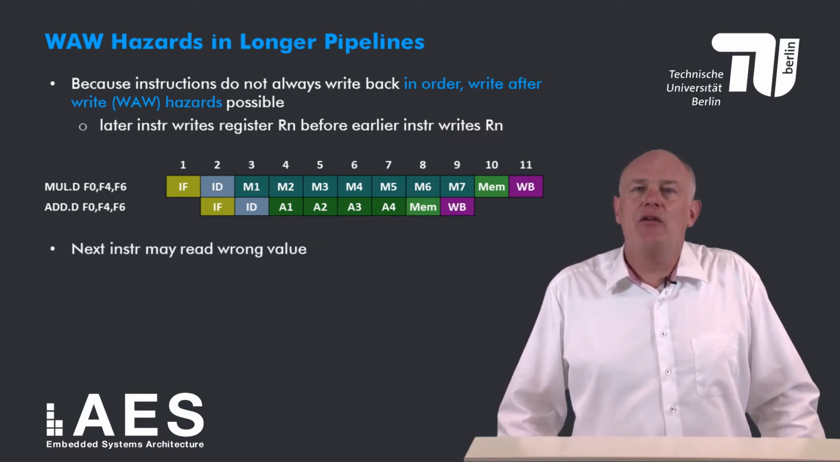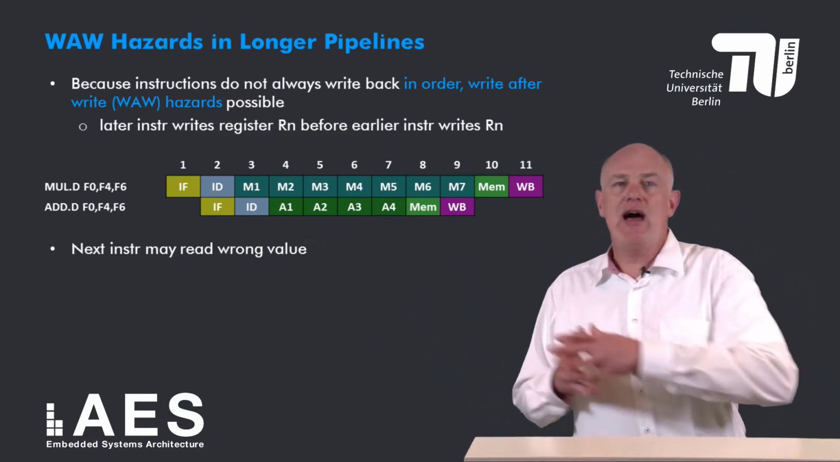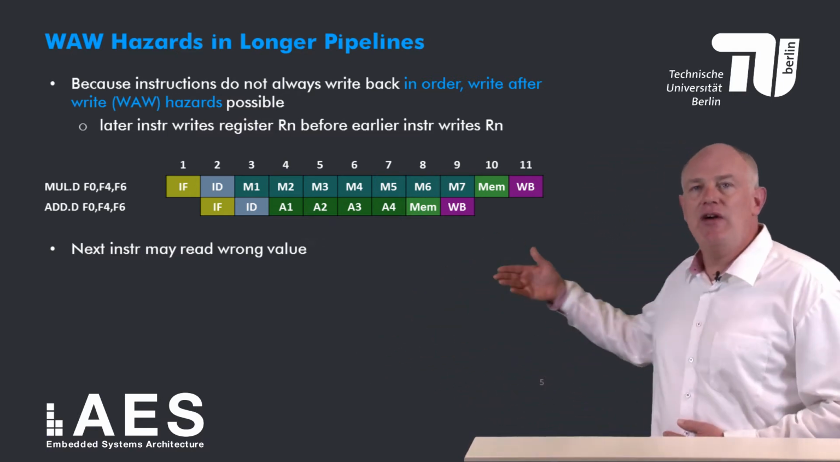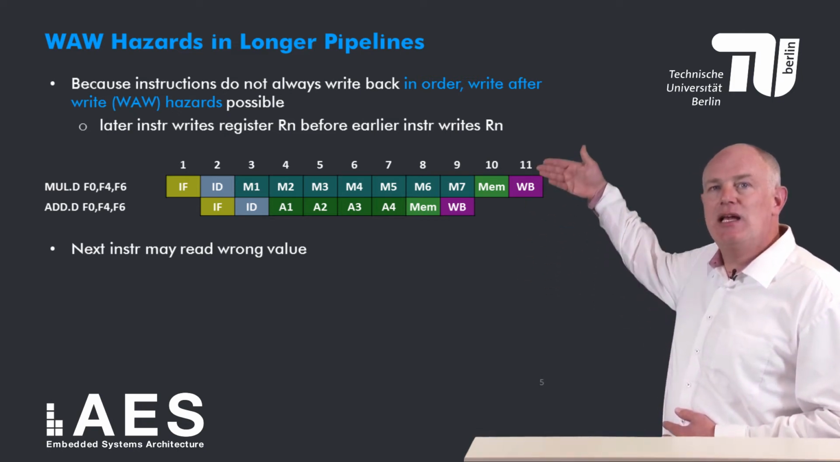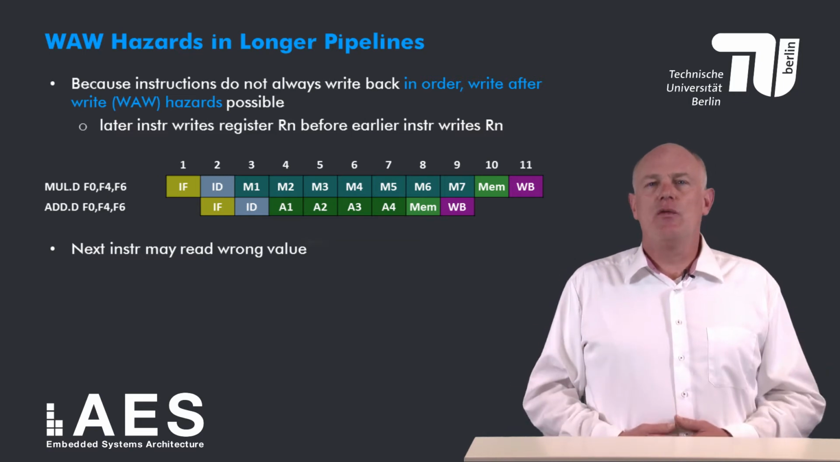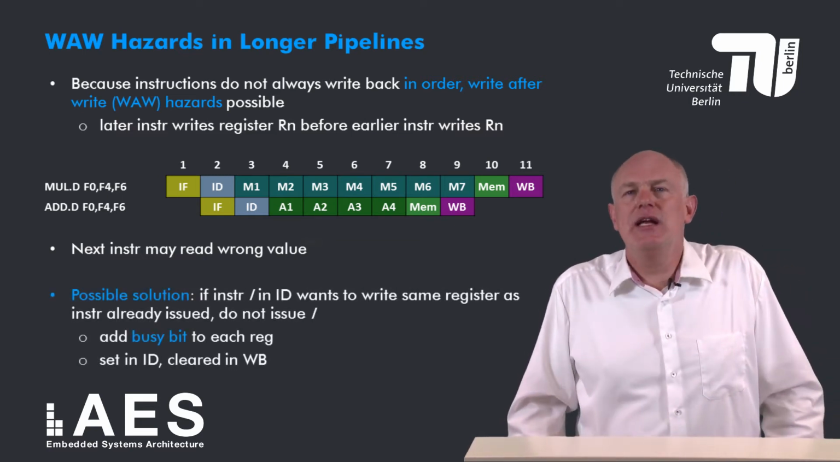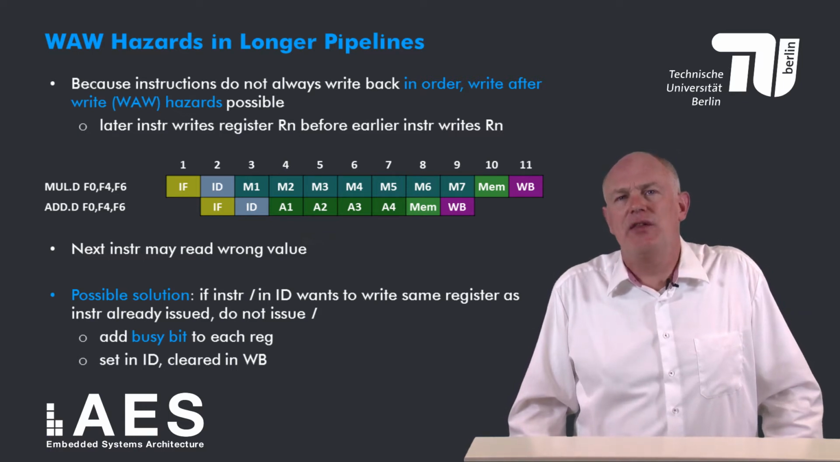Well, not by itself, but a next instruction may read the wrong value. It may read the value produced by the multiply while it should use the value produced by the add. How do we solve this problem? Well, a potential solution is again to stall the instruction that wants to write the same register as an instruction that